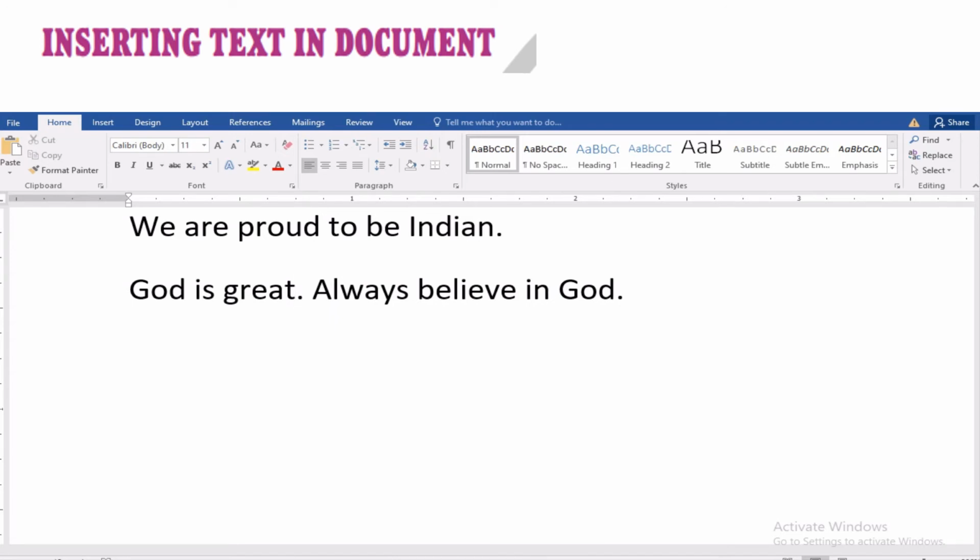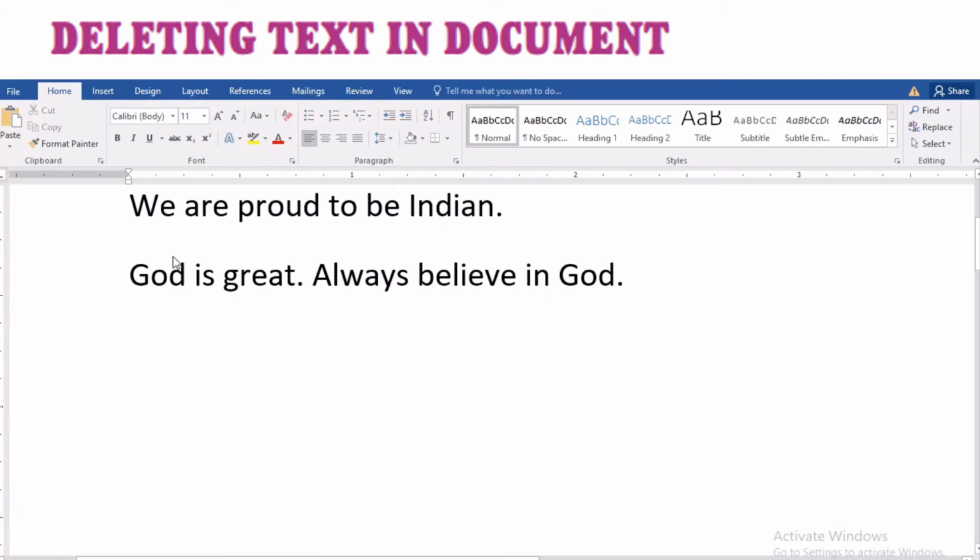So in this way we can insert text in between if we forget to write something. Or let's imagine I need some more space here, then I can keep my cursor here with the help of the mouse pointer and press the space bar, or I can press the tab key also. So in this way we can insert text in between our document.